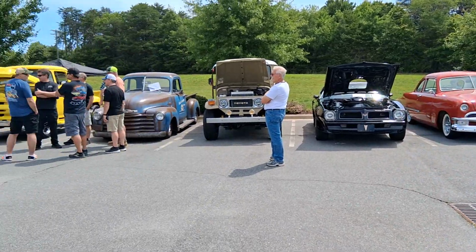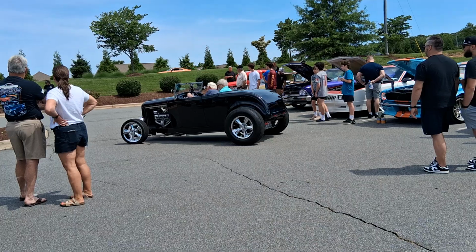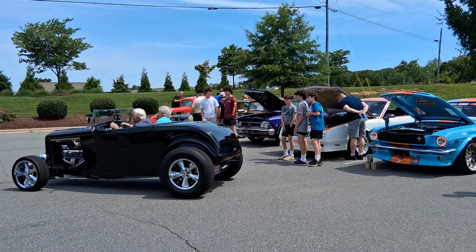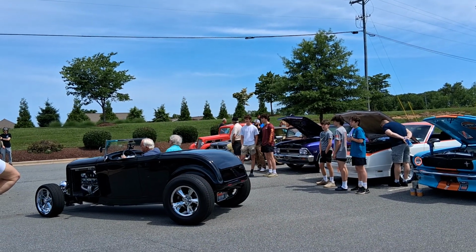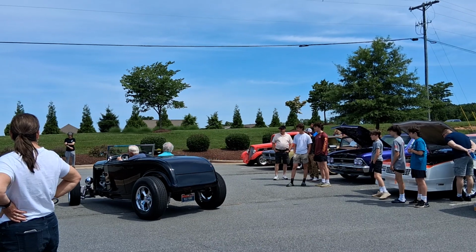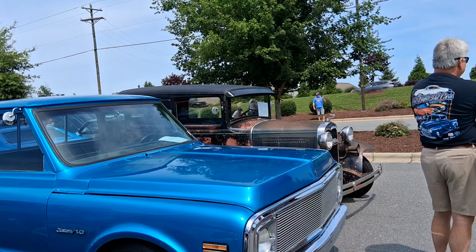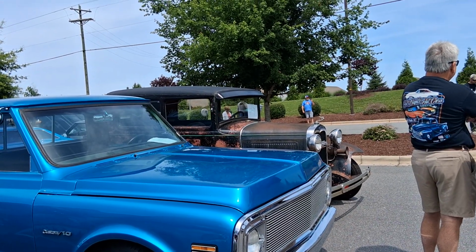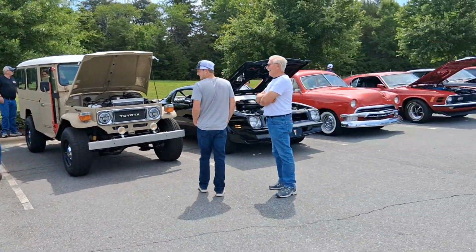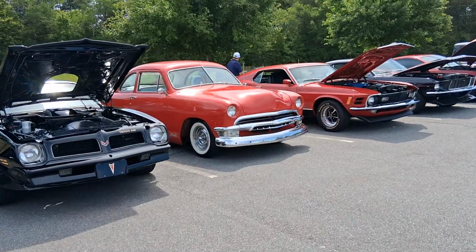Well, looks like we're coming to the end of it. Some people are already going home. Probably hungry for some lunch. We got a few custom mods or resto mods, like this one here, leaving towards the corner there. Got a little antique Model A over there. Got a 1950, maybe a 51 two-door Ford